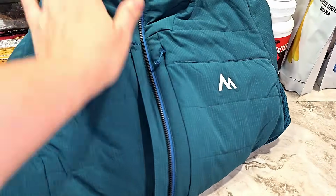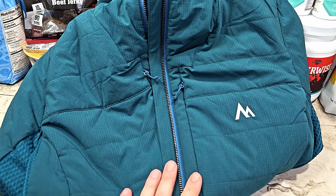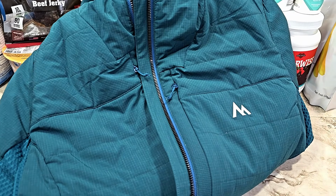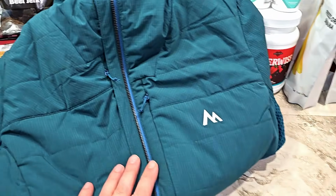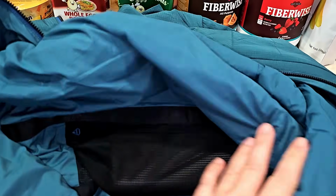And next I've got, this is a heated jacket. Heated outerwear is really a good thing to have for emergency preparedness. If you have a power outage in the winter and you're stuck in the cold, or if you are in your car, you're driving somewhere, you get stranded, stuck in the cold, it's really good to have some gear to keep you warm. Heated outerwear has a battery pack and then it has a heating system that warms up